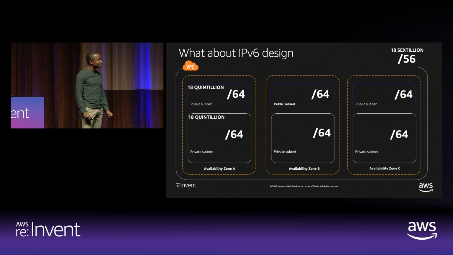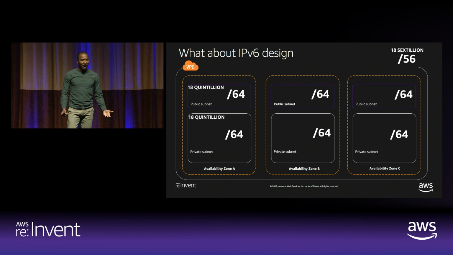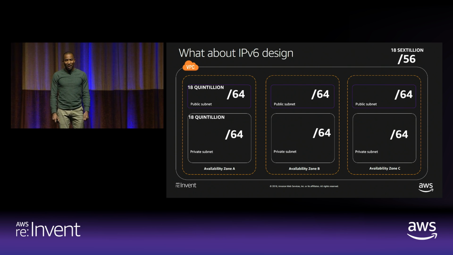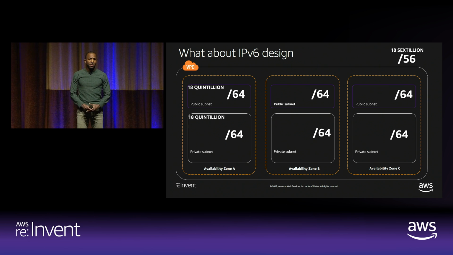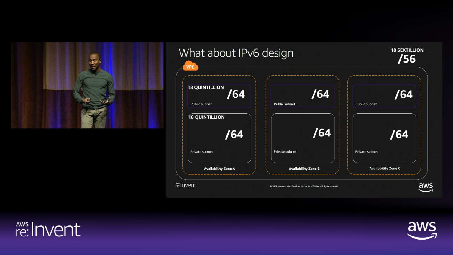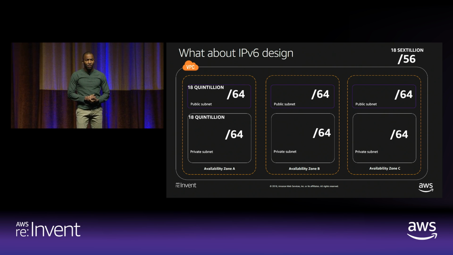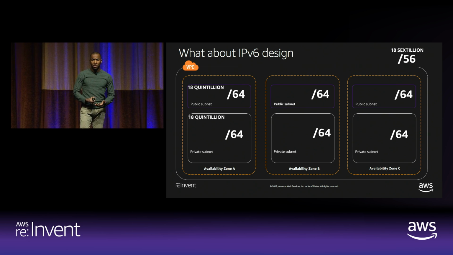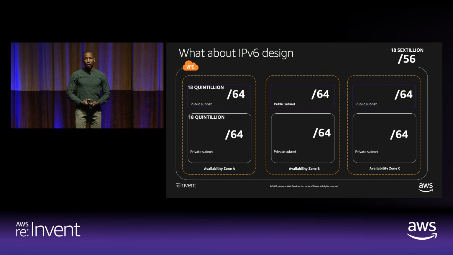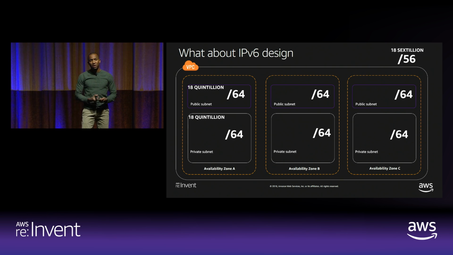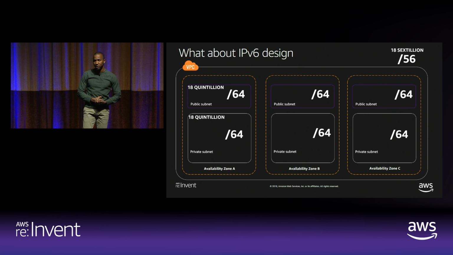Now, what about IPv6? If IPv6 IP addresses are publicly accessible by default, how then do I actually make it private? Well, there are several ways. One of which is the routes that you define within the route tables that has routes for IPv6. Another way would be your security groups or your network access control lists. And we'll talk about a third way, which is our egress-only internet gateway that blocks all initiated communication from online with resources that have an IPv6 IP address and allows these resources to be the one initiating communication.